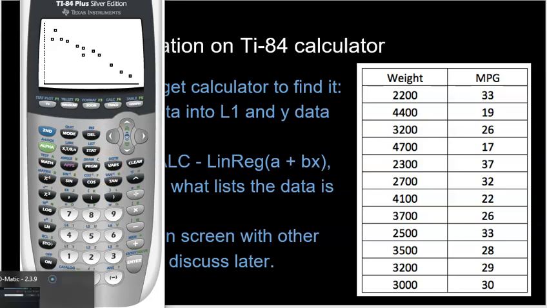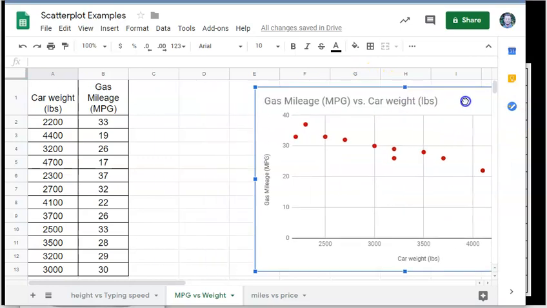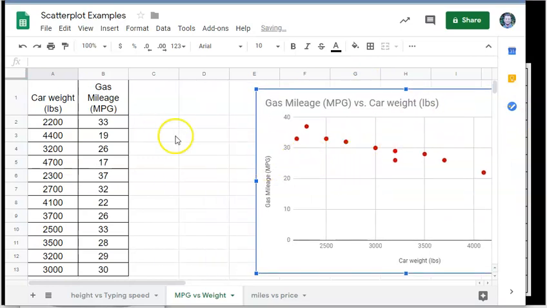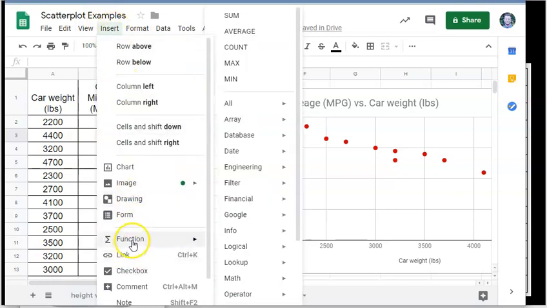All right, what about in Google Sheets? So if we have a Google Sheet here, this is the same one we saw in a previous video. We have our car weights, same car weights as we just saw, and our gas mileage. Now, in the previous video, I showed you how to make a scatter plot. This is all nice and beautiful, but I'm actually going to move that scatter plot to the side for a second. To calculate correlation, just find an open cell and go Insert, go all the way down to Function, and